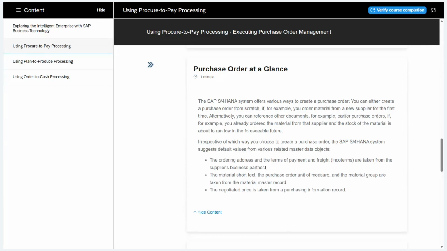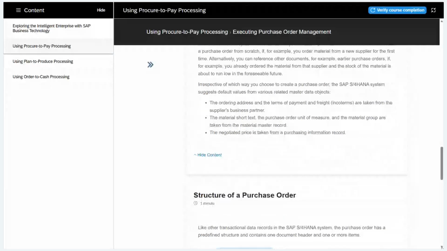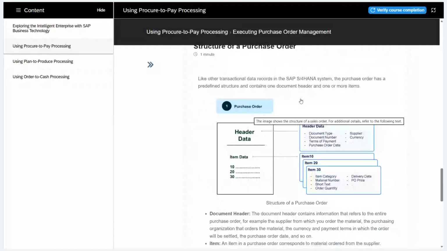In SAP S4HANA, it is called a business partner. Earlier in ECC, it was a vendor. And price will be in the info record or contract, whatever is created or available for the vendor and material combination. So this explains the structure. You are aware how the SAP purchase order